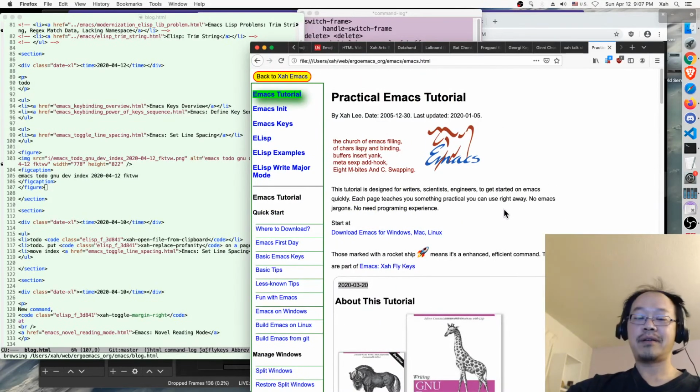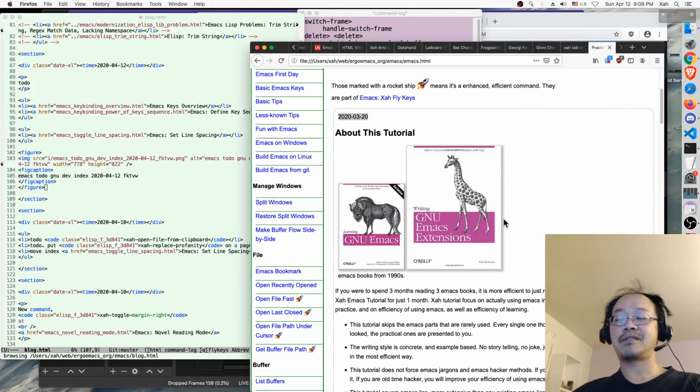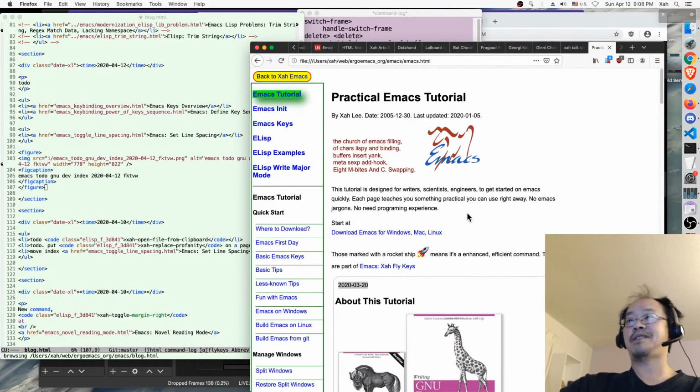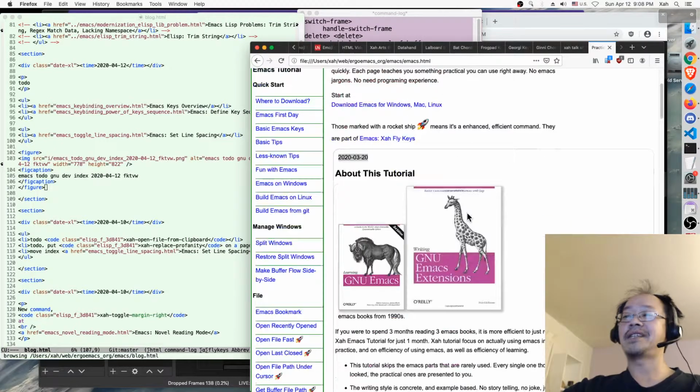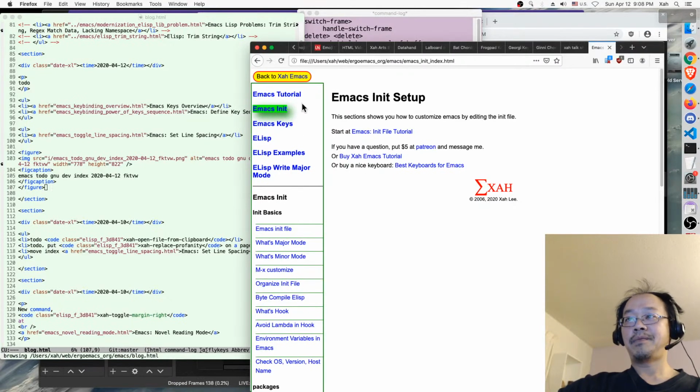On my Emacs tutorial, there are a total of about 400 or 500 pages. So it's actually more extensive than any Emacs book on earth, historically or even online. It doesn't matter, whether printed on paper or online. My Emacs tutorial is the most comprehensive tutorial out there, except the GNU Emacs manual and the GNU Emacs Lisp manual. The manuals are, of course, the official ones, but they are hard to read and incomprehensible. Anyway, you have the Emacs tutorial section, Emacs init section,